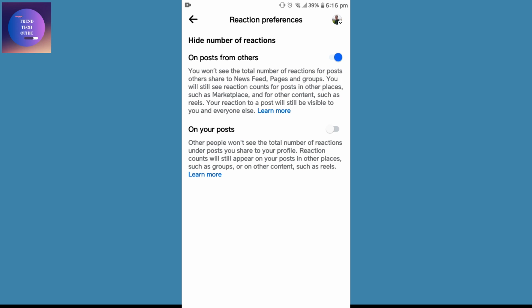After that, here's also on your posts. That means if you turn this on, you'll not be able to view likes on your own posts as well. So in this way, we can hide likes on